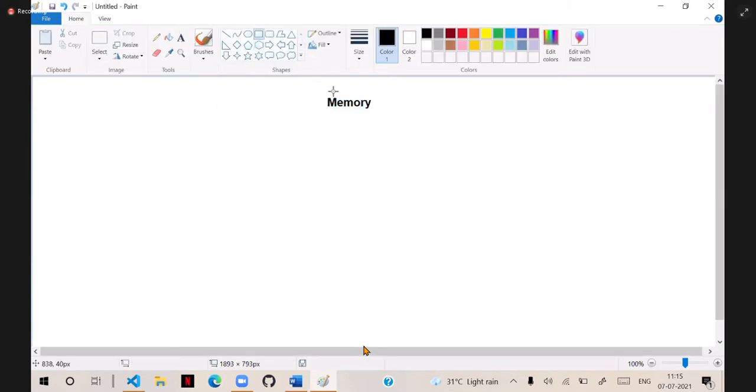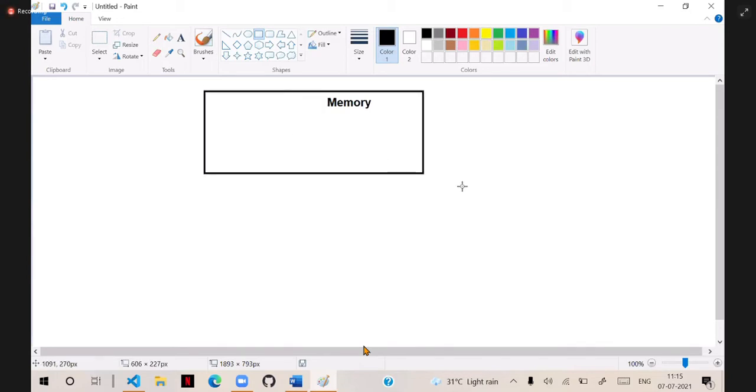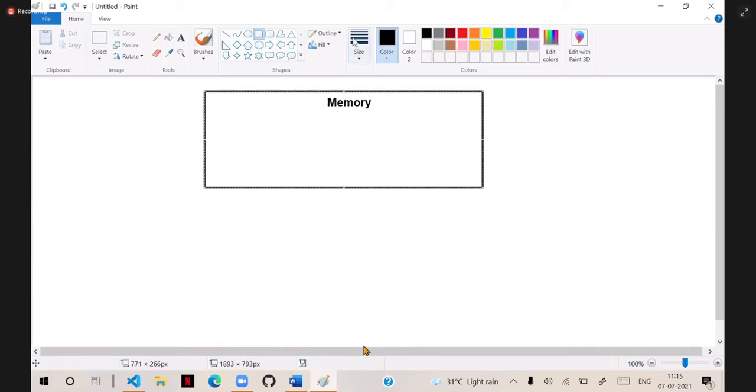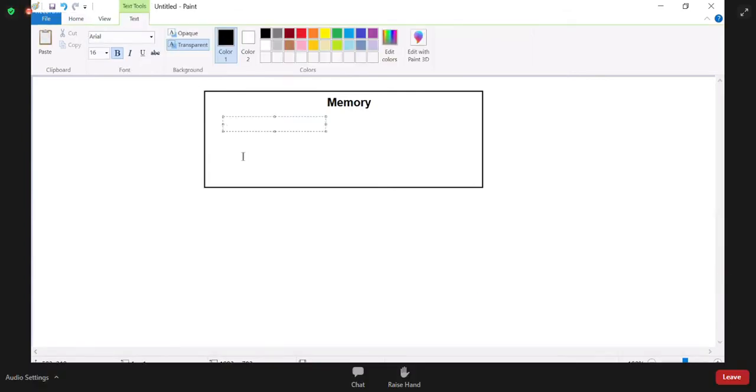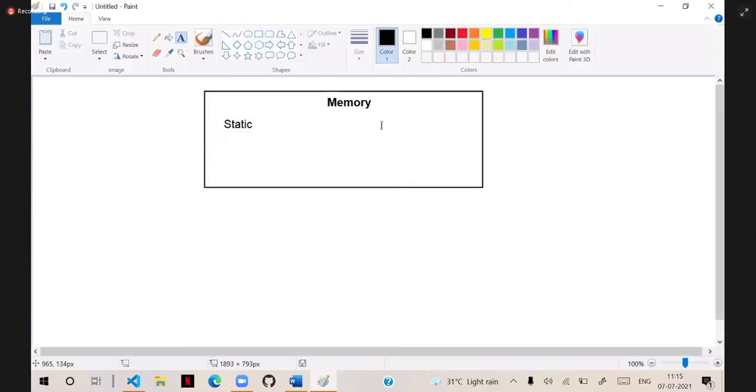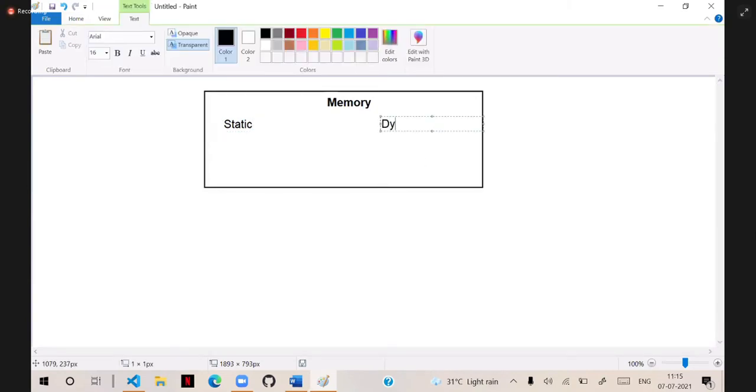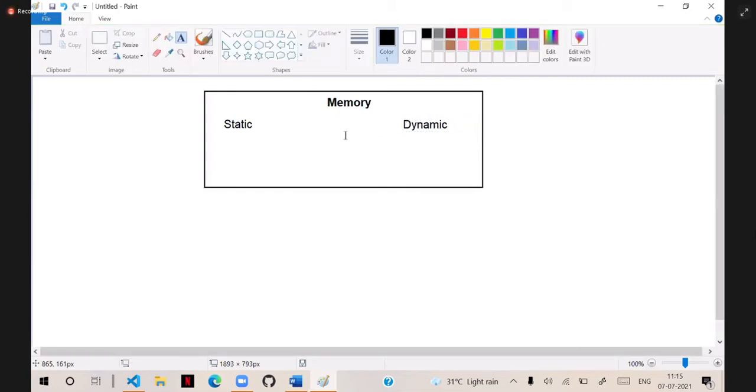Generally, the memory comprises of two options. We have static memory, and we have dynamic memory. So the terms static and dynamic represent memory actually.